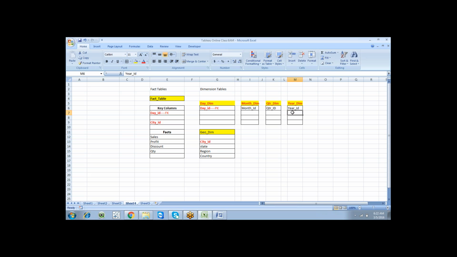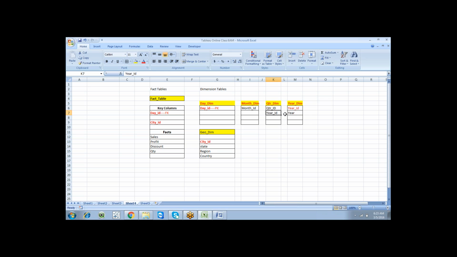So try to place year, we can go for year description. Just mention year, no issues with year ID or year. I need to establish a relationship between the quarter table and the year table, so try to place year ID here, so that we can establish a relationship between the year table and the quarter table.